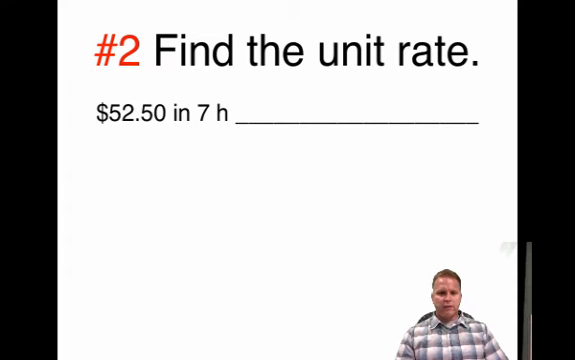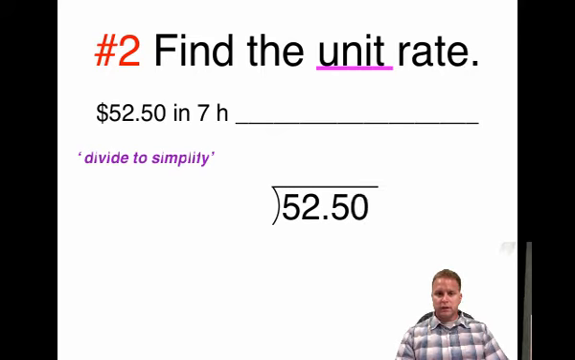Here we have $52.50 in 7 hours, so that could be you're pulling weeds, you're mowing lawns, you're babysitting. How much are you making per hour? Again, we're talking unit rate, so we divide to simplify. So we have the $52.50 in 7 hours. If we do our division,